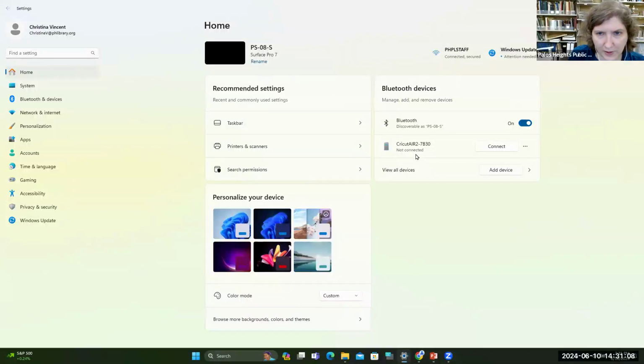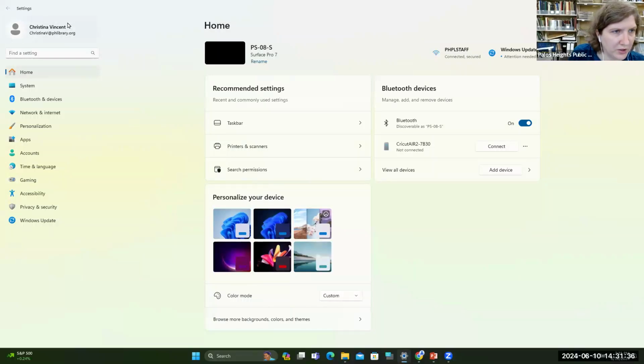Bluetooth devices, if you're connected to any, we'll show you here. Here you can go straight to personalizing your device, such as desktops or color modes, things like that. And here you can search for a setting if there's a specific setting you're looking for. This is our home page right here.